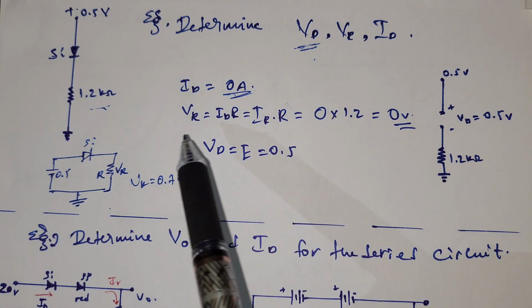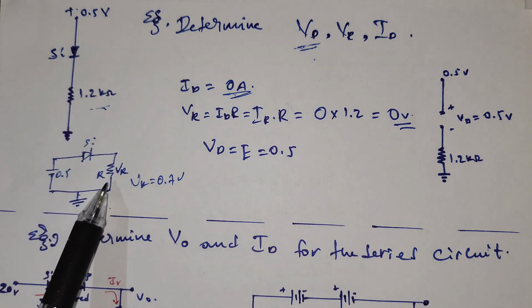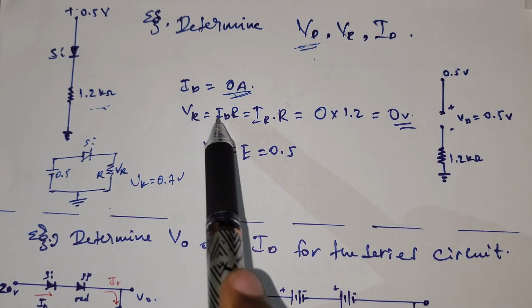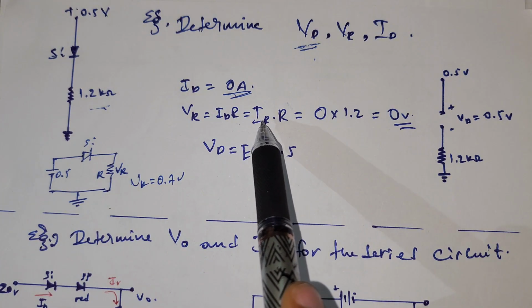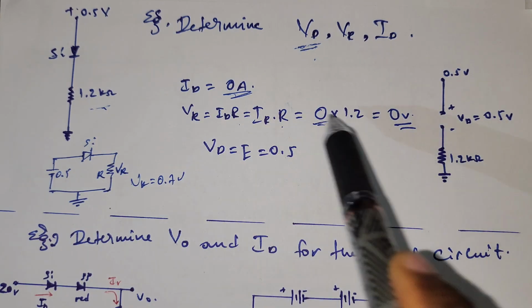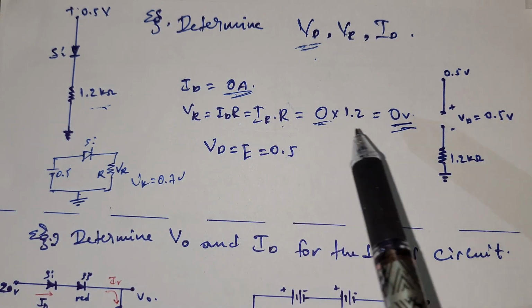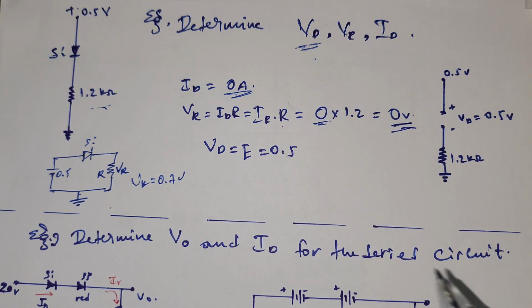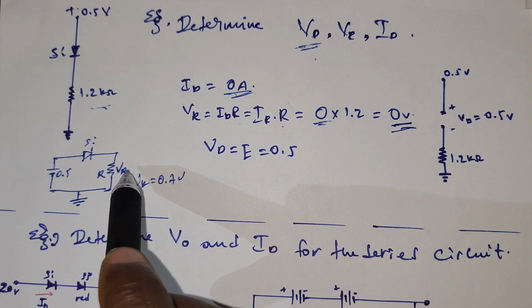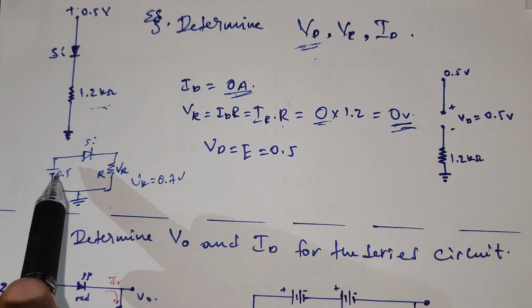Id is the same current which flows through the resistor. So the current IR which flows through the resistor is also 0. In order to calculate VR, VR is equal to ID times R, which is equal to IR times R. So IR is equal to 0, and VR is also 0. To calculate VD, we can use